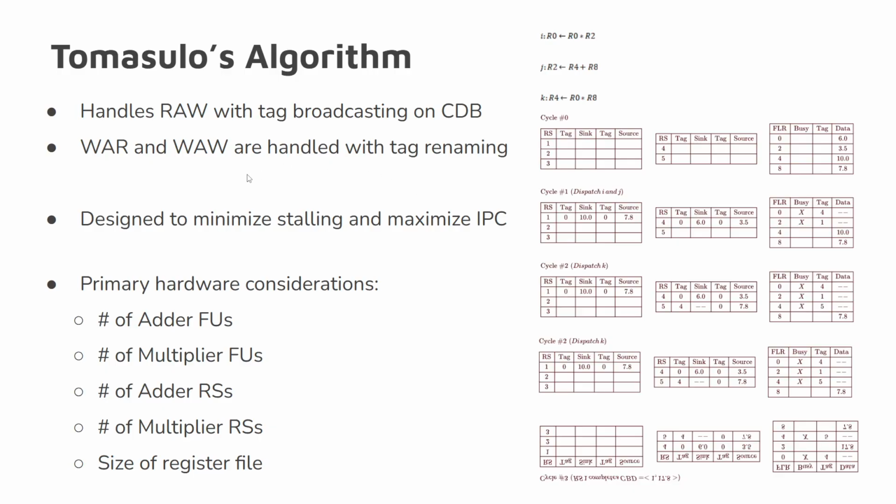And again, the primary hardware considerations are the number of functional units for adding and multiplying, the number of reservation stations for those two as well, and the size of the register file. So this is a fairly simple problem, or a set of instructions, being executed with Tomasulo's algorithm. Just 3 instructions, I, J, K. It doesn't finish the whole thing,